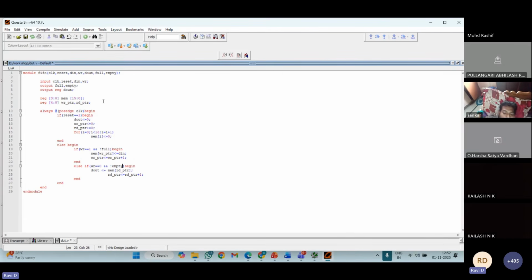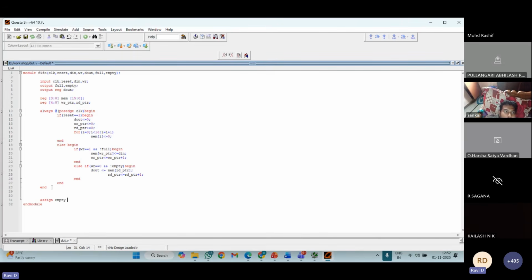This is the way to design your FIFO, and here you didn't write your full and empty conditions. So you need to write that using continuous assignment. First we'll write for empty. When will it be empty?